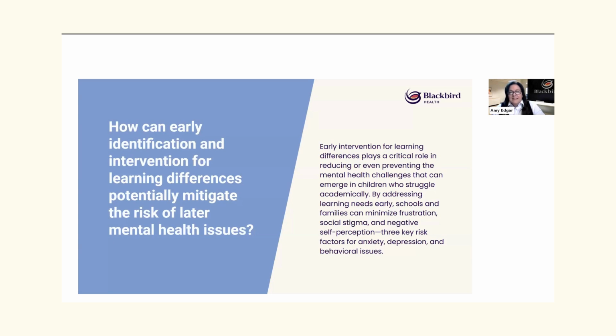So by identifying early on and assessing for diagnosing, if you're outside of the school system, we're talking about diagnosing. If you're inside the school system, in the educational system, we're talking about identification. If we can diagnose and identify early enough, a lot of the downward spiral can be prevented.